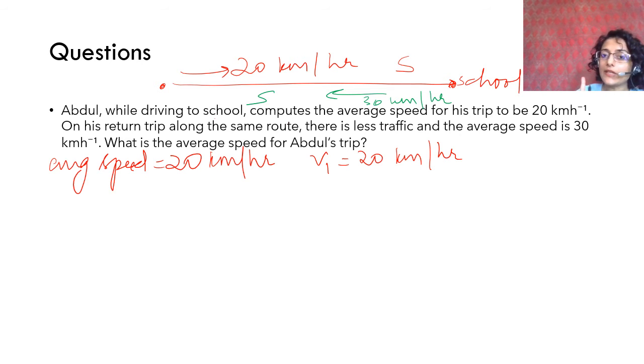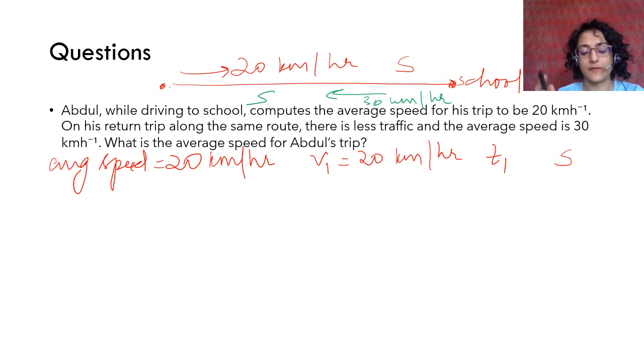What is the time taken? It will be T1. उसको T1 टाइम लगा घर से स्कूल जाने के लिए at 20 किलोमीटर पर आवर. ओके. He took T1 minutes hours जितना भी जो भी लगा. हाँ. And he had to cover a distance of S. Both sides distance is S, है ना? Because it is the same distance. ठीक है. नाउ यू हैव टू अंडरस्टैंड कि इसमें T भी नहीं दिया है, S भी नहीं दिया है, सिर्फ V दिया हुआ है. सो हाउ आर यू गोइंग टू कैलकुलेट?